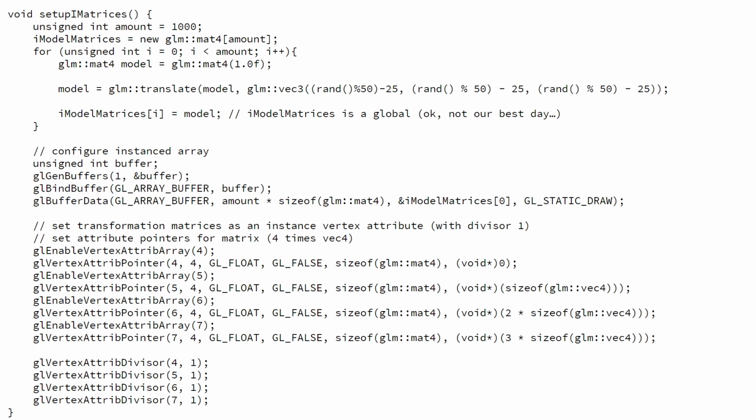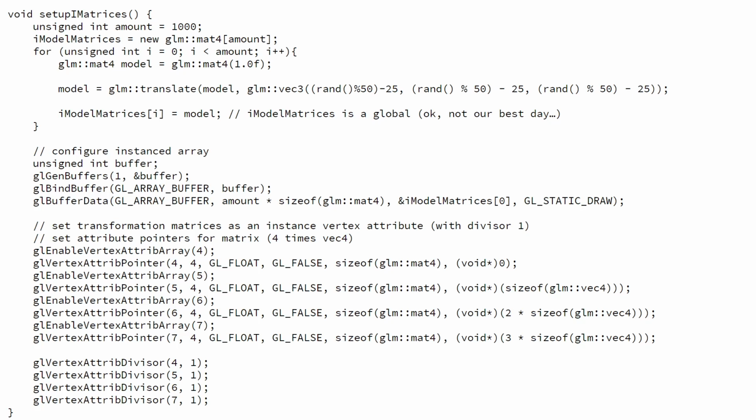I wanted to put this out there to show you if you want to use it, or if you've seen it in the Learn OpenGL version or the OGL Dev version. There are lots of different subtle versions, but this is an important one. Imagine I want to create 1,000 different model matrices, so 1,000 different 4x4 matrices.